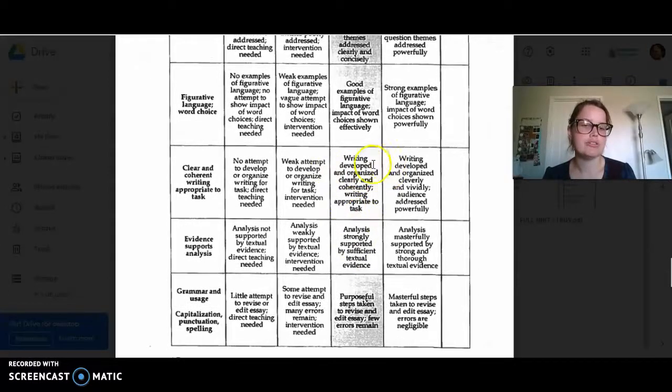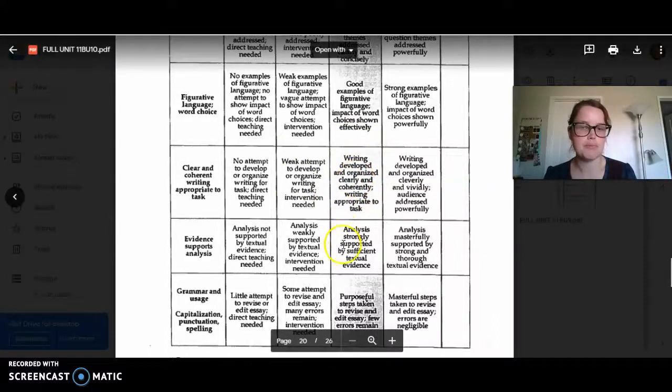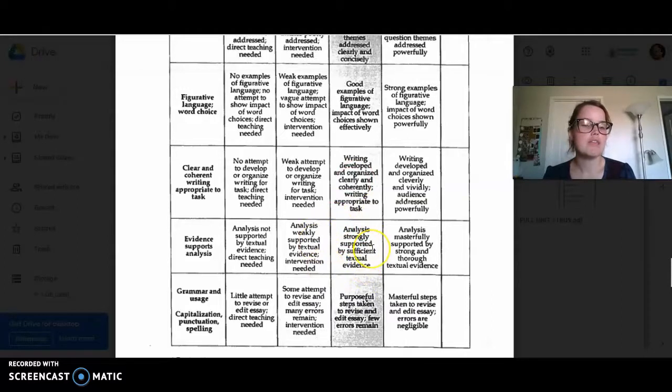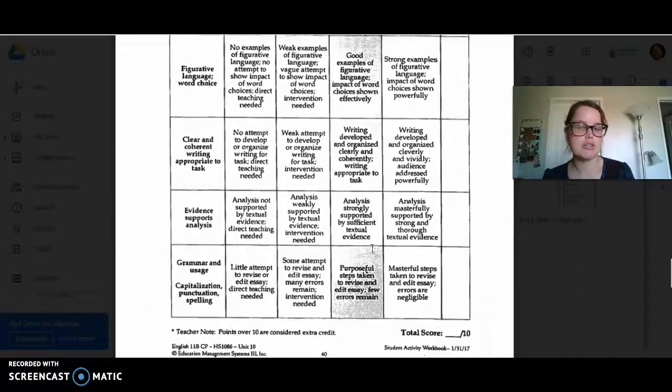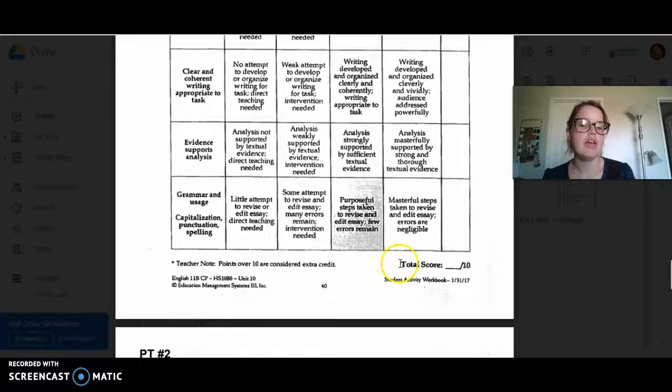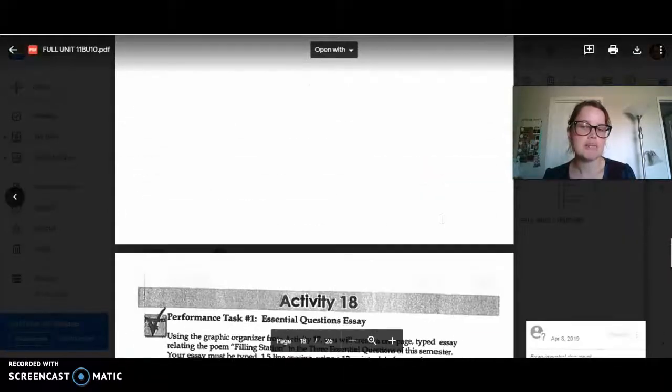Don't give me a rant or a lot of slang, because that's not going to be what's needed for this essay. You want to make sure that you have a lot of analysis. If you've ever written anything for me, you've always seen the quotation with the 3 lines of analysis. Make sure that you follow that format here. And then you want to make sure there's not a lot of grammatical issues, because that shows me that you've rewritten it and revised it. You need to get at least 7 out of 10 in order to make sure that that's a passing score.